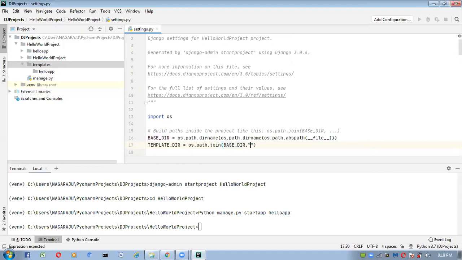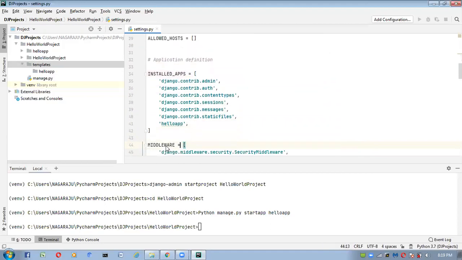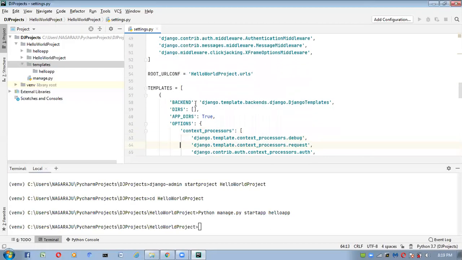Inside this we have the templates path, the templates folder. This is the base directory location, and here you get the complete directory location, and inside that directory we have the templates folder. So now what we have to do is copy this constant, the template dir, and place it inside the templates block. Inside this dirs, place that constant like this.